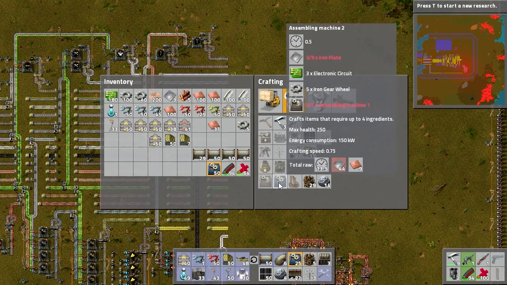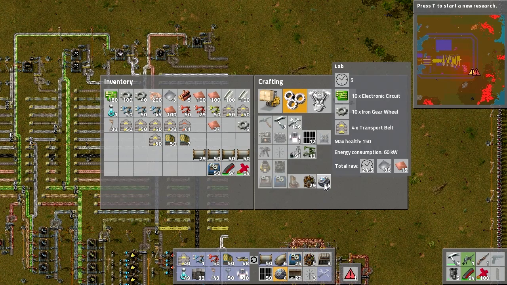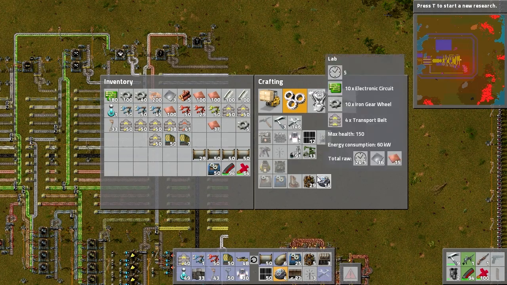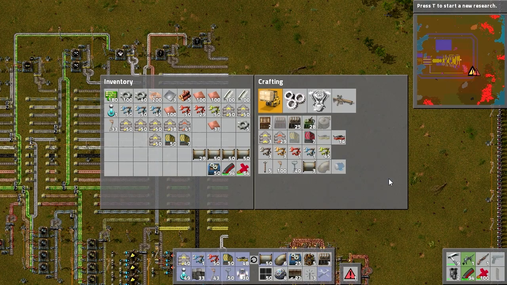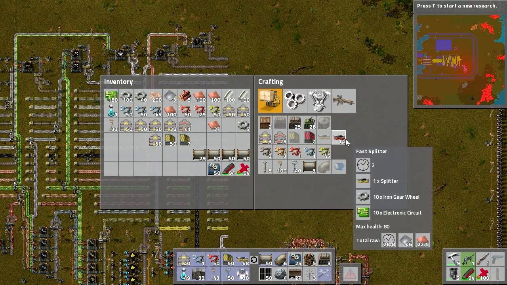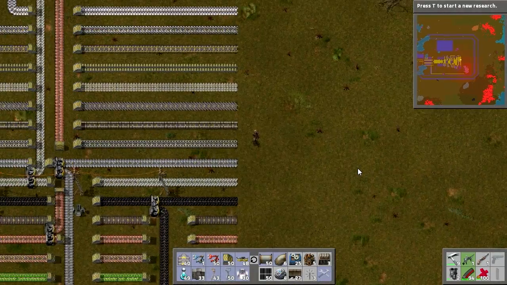Same with the assembling machines, might be good, maybe not. Don't need oil refineries, don't need chemical plants. I'm only ever going to have 10 labs, and I've already got them. Chests, no. I'm not going to bother automating chests. I'll just make them as needed. I could set up the fast transport belts. However, I want to do that after the research. And the reason I'm going to do that...